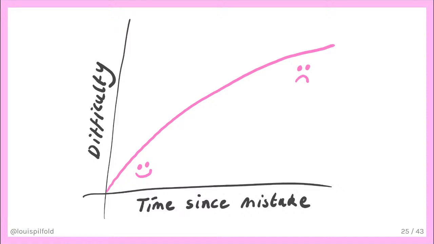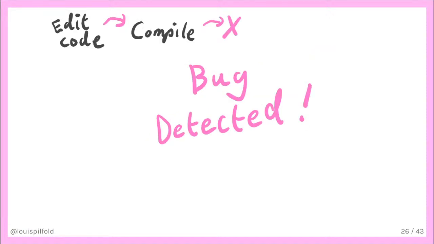So Erlang gives us the tools to tolerate mistakes, and it gives us tools to debug them, but they largely only help us once there already is a problem in production. And that time cost and that loss of familiarity is far from optimal. It's in fact quite expensive. So what I really want is for problems to be detected here, immediately after the mistake was made. What I want is for the feedback loop to be as fast as possible so we can spend less time doing exploratory, investigative work, such as debugging problems in production, and more time iterating, actually providing business value and having fun making things.